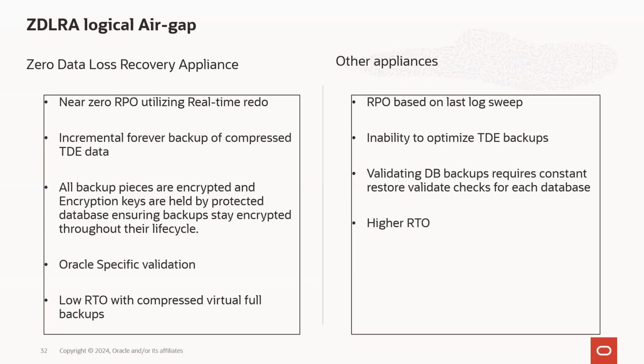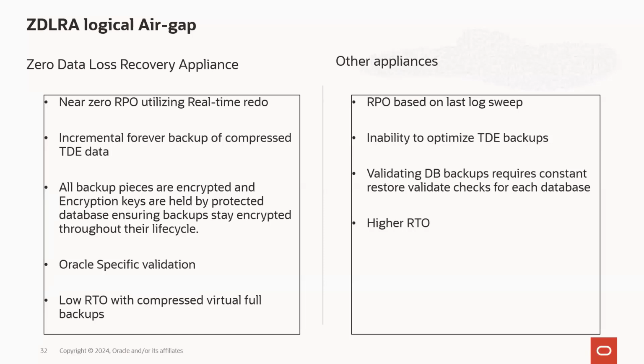It's able to do the incremental forever backup of compressed TDE data. Backup pieces are encrypted, and the encryption keys are held by the protected database, and they stay encrypted throughout their life cycle. And as I mentioned, we do that Oracle specific validation,